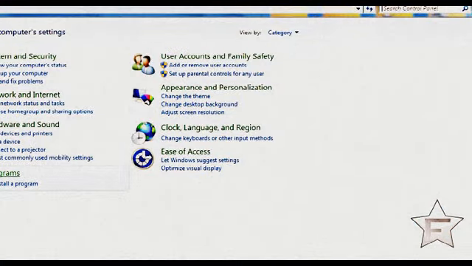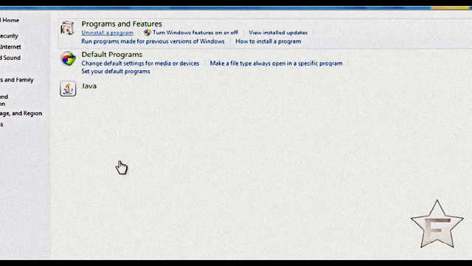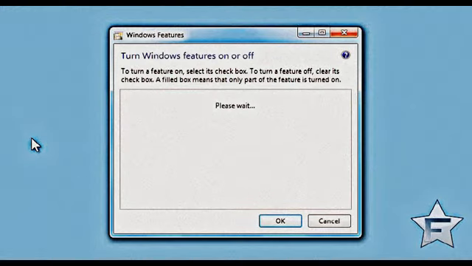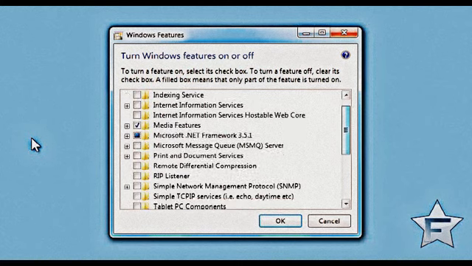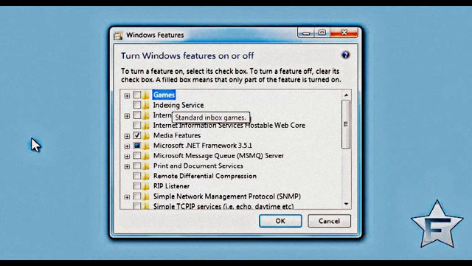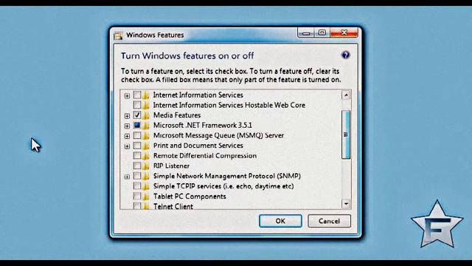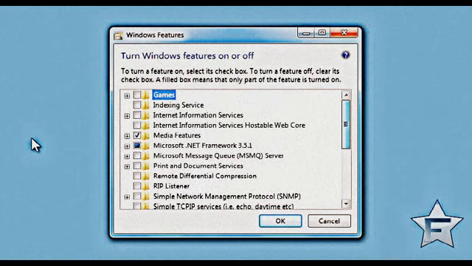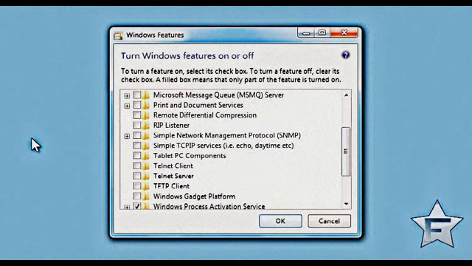Also, you could go to Control Panel and click Programs, and if you want you could uninstall all the programs that you don't need, but what we're going to do is turn Windows features on and off. So it will generate a list of all the Windows features. So this is it. Uncheck the ones that you don't use, like no one plays the games, and uncheck all the Windows features that you don't really use, like Windows Gadget Platform. I mean, do you guys really use that anymore? So uncheck the ones that you don't need. Click OK, and then,